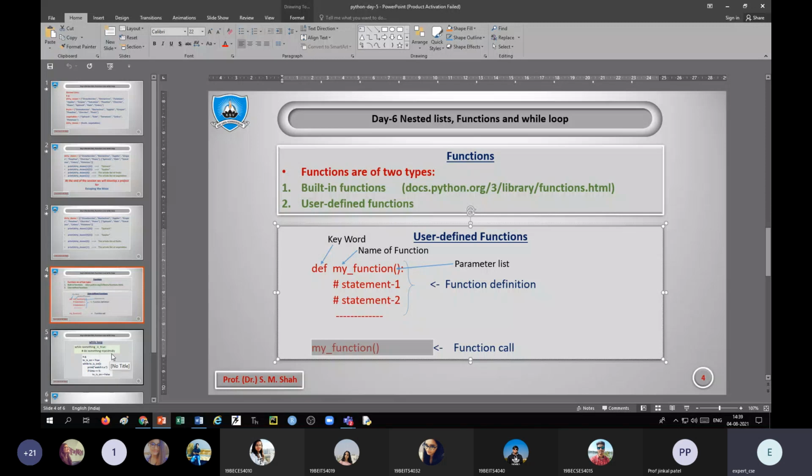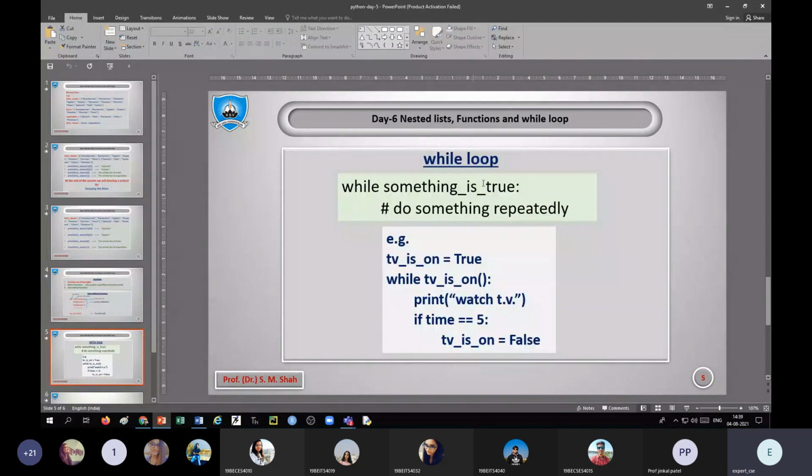Next is the loop. We are also familiar with the while loop: while something is true, do something repeatedly. For example, while TV is on equal to true, while TV is on, we need a colon at the end of the while loop condition.